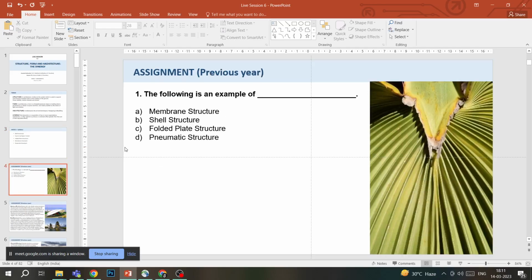So first question from the previous year, they have given this image of this leaf, and they are asking whether the following is an example of membrane structure, shell structure, folded plate structure, or pneumatic structure. Excuse me. So the reason that they have given a leaf over here and then asking a question based on